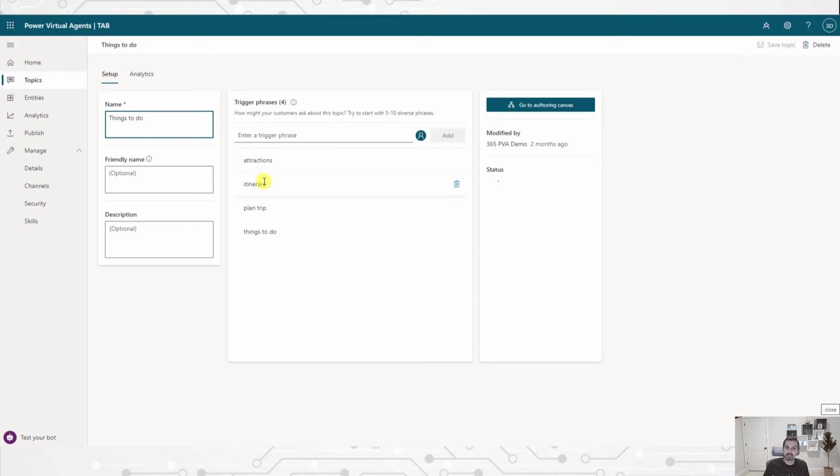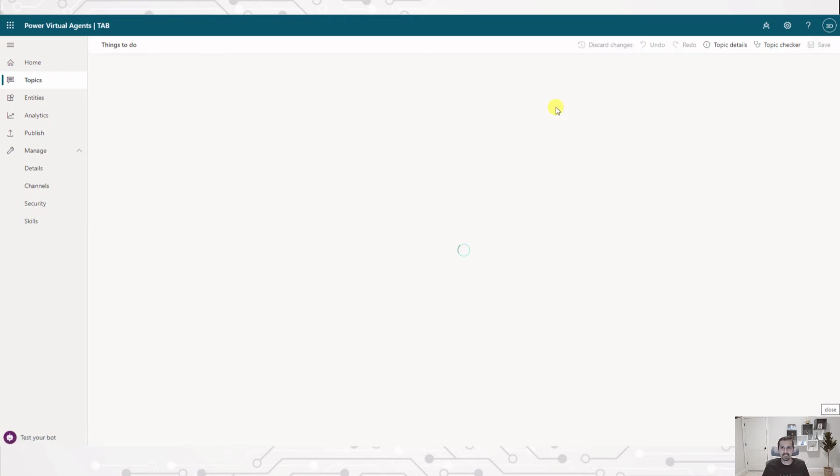It could be attractions, it could be itinerary, it could be planned trip, it could be things to do, whatever comes to mind. I've added it over here, and then that's what the trigger phrase is going to be for this particular topic. Then I go to the authoring canvas,